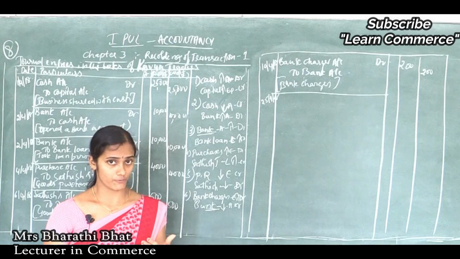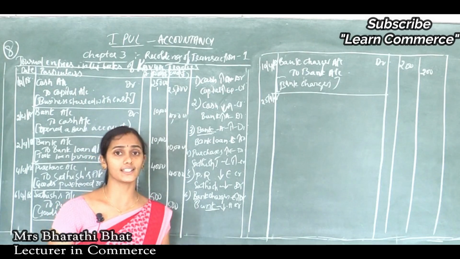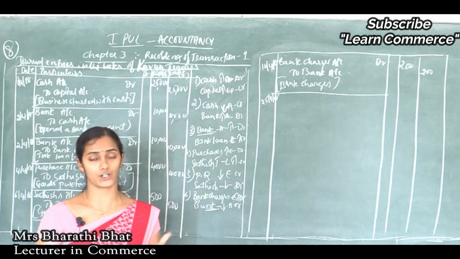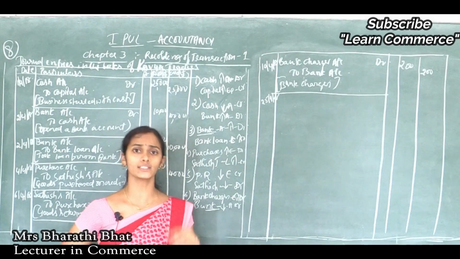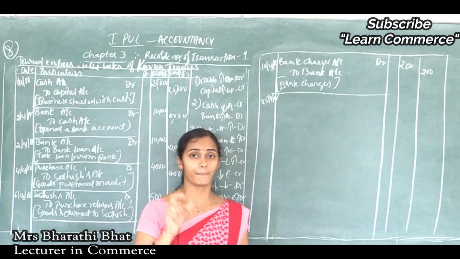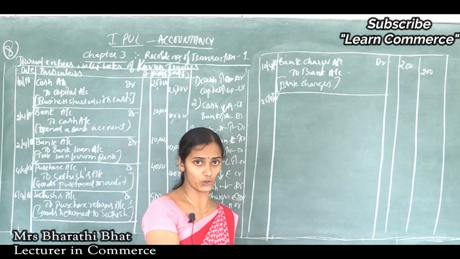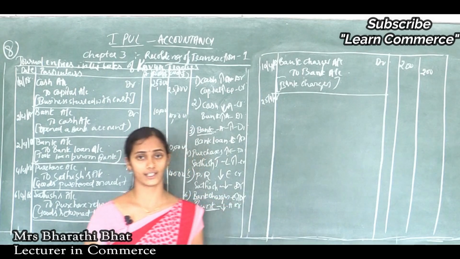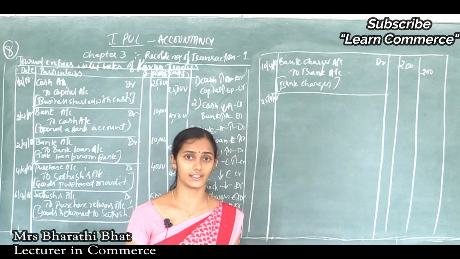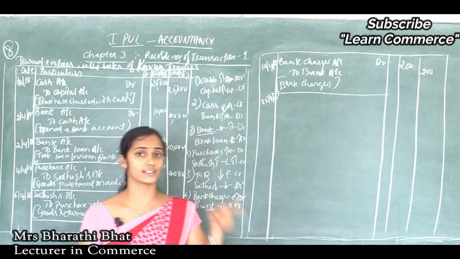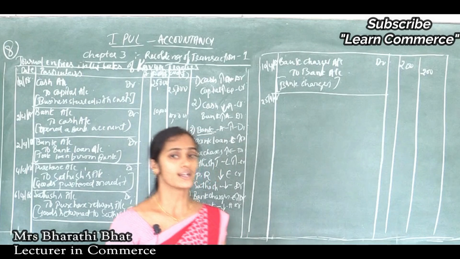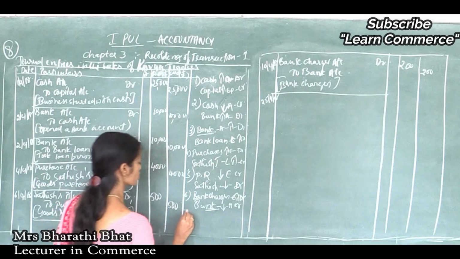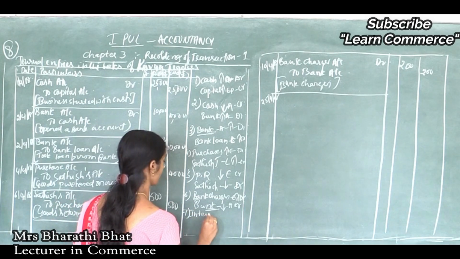So interest on capital comes under expenses account. In the same way, interest on drawings is considered as income for the organization. Can you say the reason why we consider interest on drawings as income? Because interest on drawings is payable by the owner to the organization, so from the viewpoint of the business, that is considered as income. But interest on capital is paid by the business organization to the owner. That is why interest on capital comes under expenses.